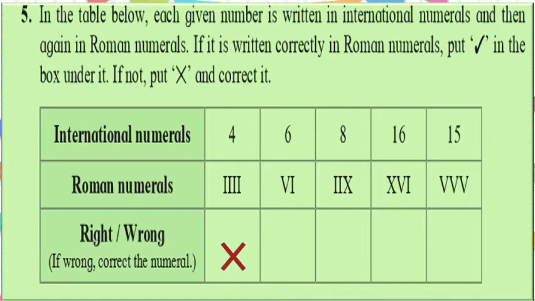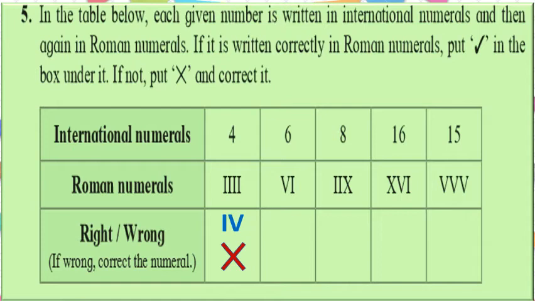No, that is wrong, because what does the second rule say? The second rule says that we can use I a maximum of 3 times, not 4 times. So we are going to use the 4th rule to write that. That is IV. We are writing I on the left side of V. So we are going to subtract 1 from 5. That is nothing but 4. Correct? Okay, we'll move to the second column.